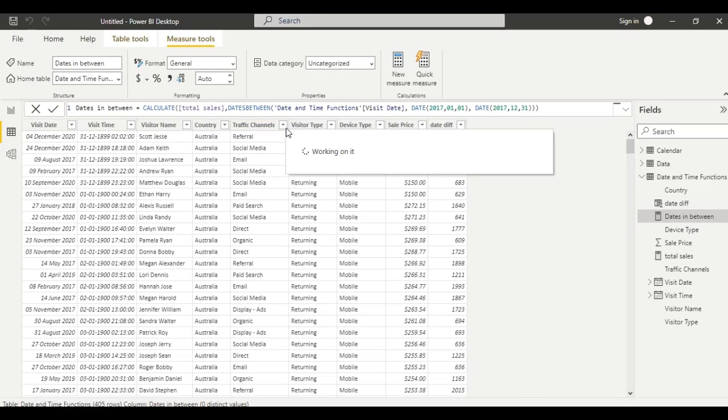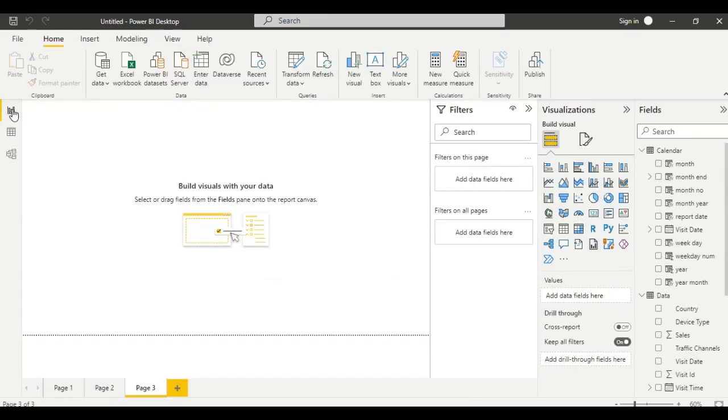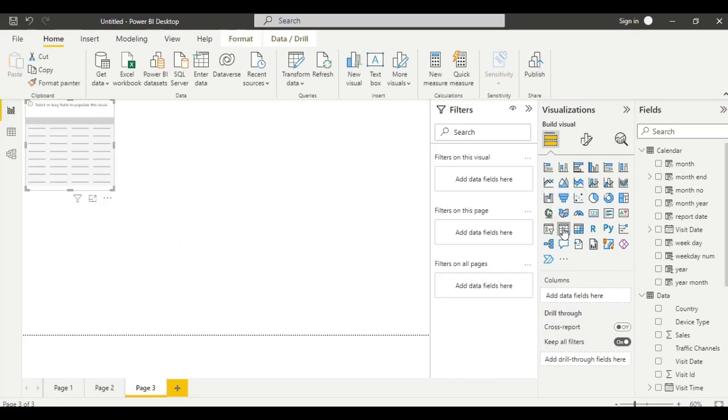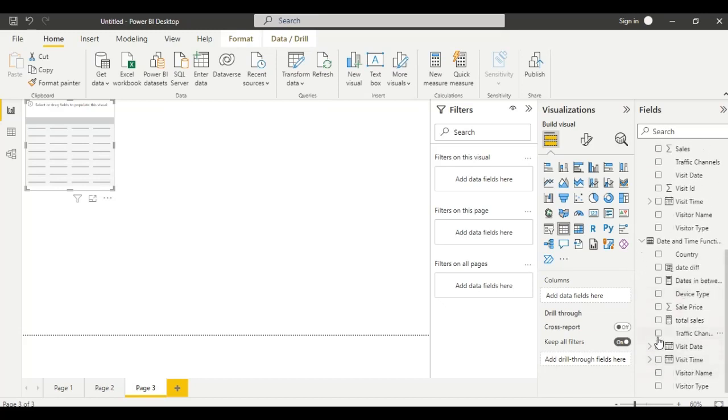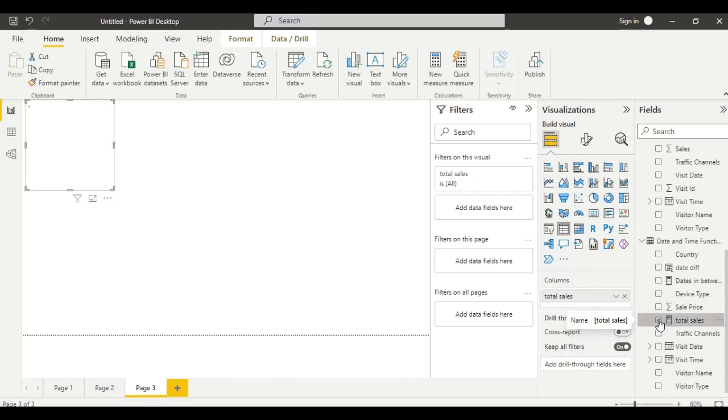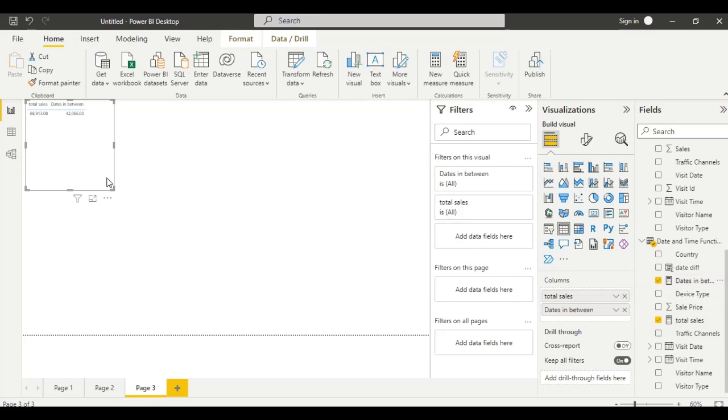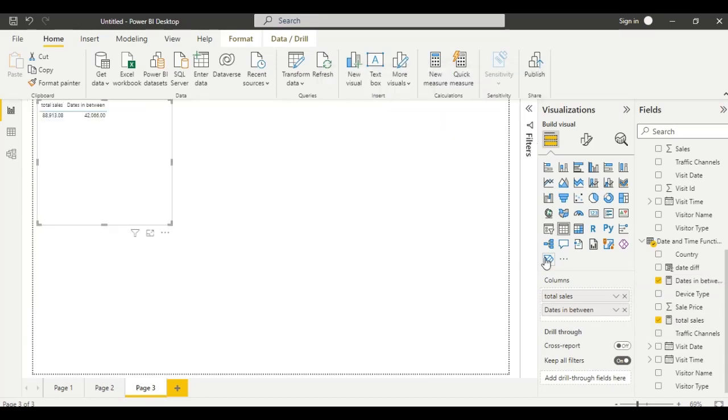Our measure is created. Now go to the report view and select the table. Select total sales and total sales in between the year 2017, January 2017 to December 2017.